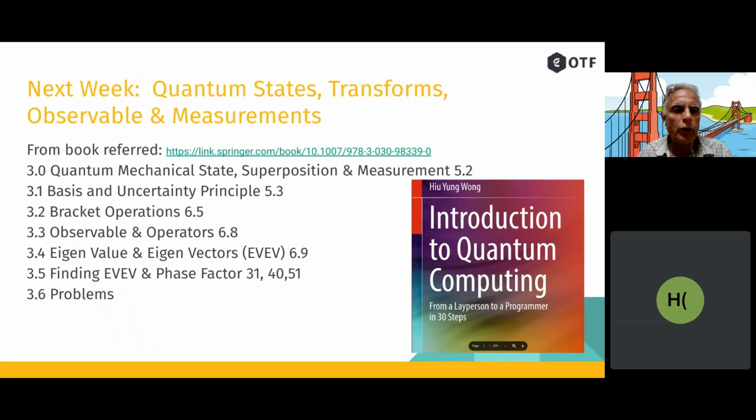And finally, what are we going to cover next week? We are going to go into Dr. Wong's book on Introduction to Quantum Computing, which is used by San Jose State University, and proceed to the next session. Of course, we are not going by chapter. We have our own sessions defined, but we are referring to it wherever we are using it. For example, 3.0 refers to quantum mechanical state, superposition, and measurement, which is 5.2 of the chapter there. In the same way, we are also covering